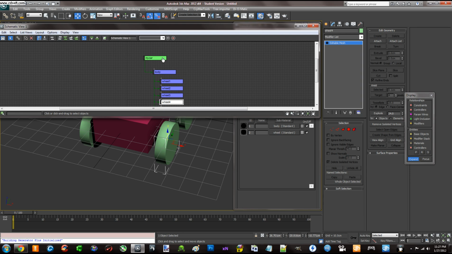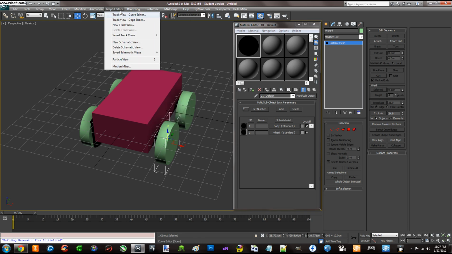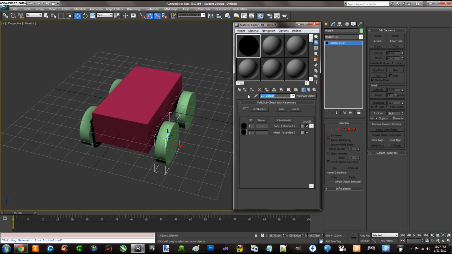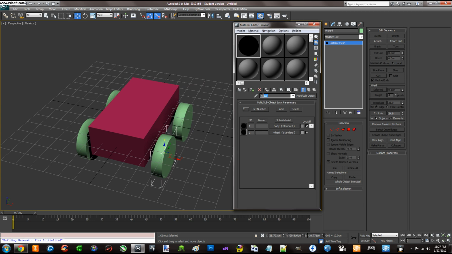This right here, because we're exporting this, is going to be the name. So your actual parent material, the highest you can go, where you can see all the sub-objects. That's how you know you're at the highest possible point. So you have the parent. And that name needs to be the exact same name as your CGF or CGA, which is my car. Capitalization is important, so make sure it's my car. That way, again, this material can be auto-loaded onto the object, so you don't have to assign it in the material editor. So now that says my car,